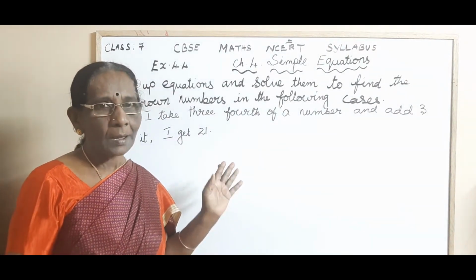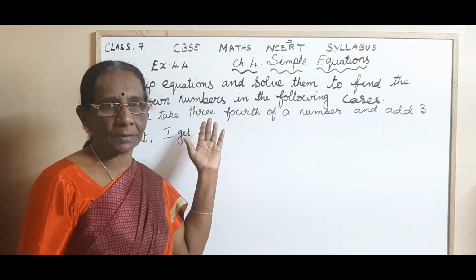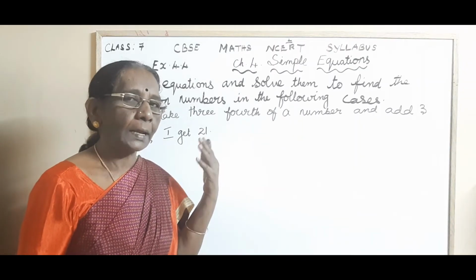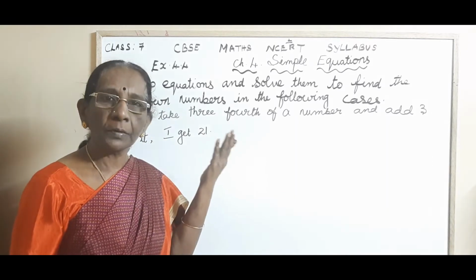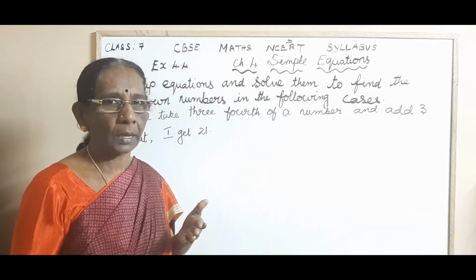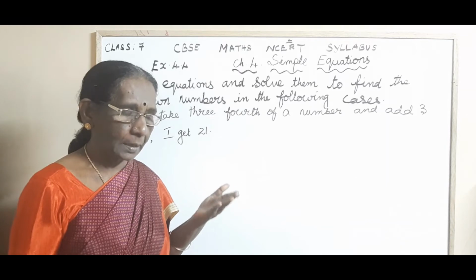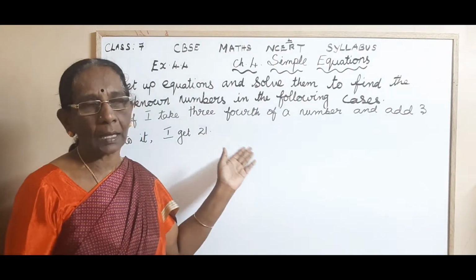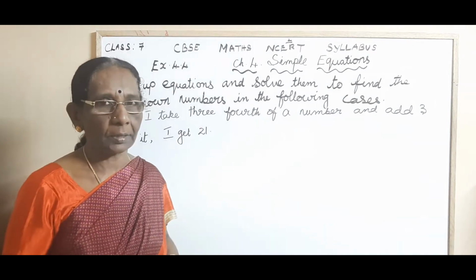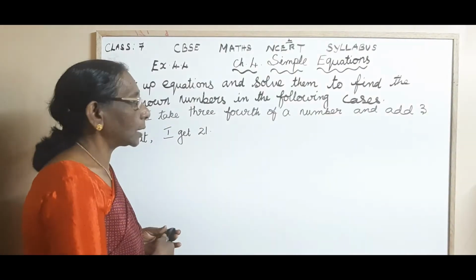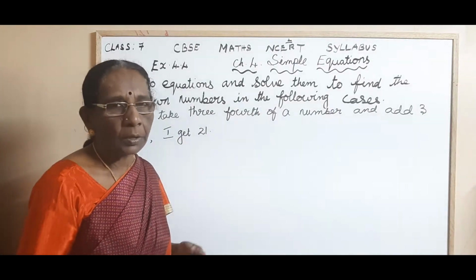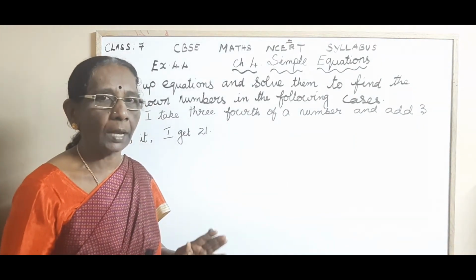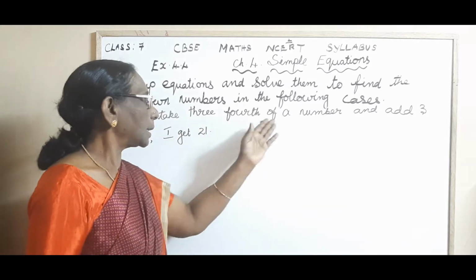Have you understood, children? So it is just like playing a game. That's why in the previous session I gave some statements and told you to play a game with those steps. If you play the game like that, it will be very easy for you to frame the equations. So first, what are you doing? You are thinking of a number. You don't know it, so that is the unknown here. It is considered to be the unknown in this statement.